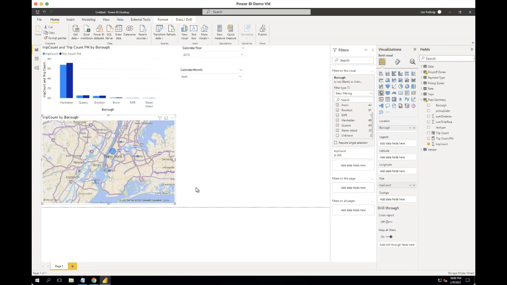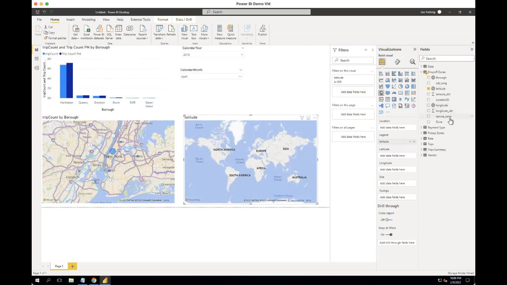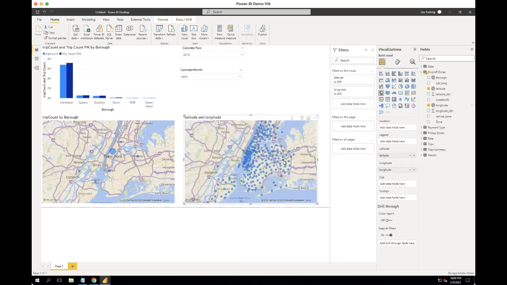One thing that I was doing on the previous report, and we can see what that might look like from a differences standpoint, is that when I go to drop-off locations, I can actually take the latitude and longitude and add those to the visual as well. So latitude goes to the latitude box. And so you can see there's a lot of data points. And then now when I go to my trips table and select trips count,